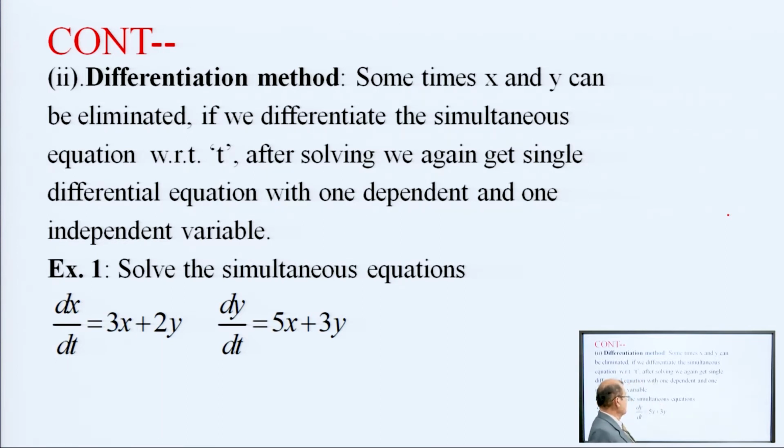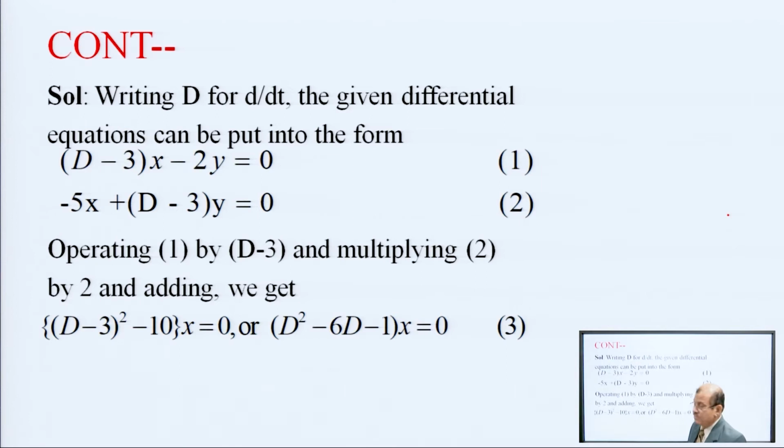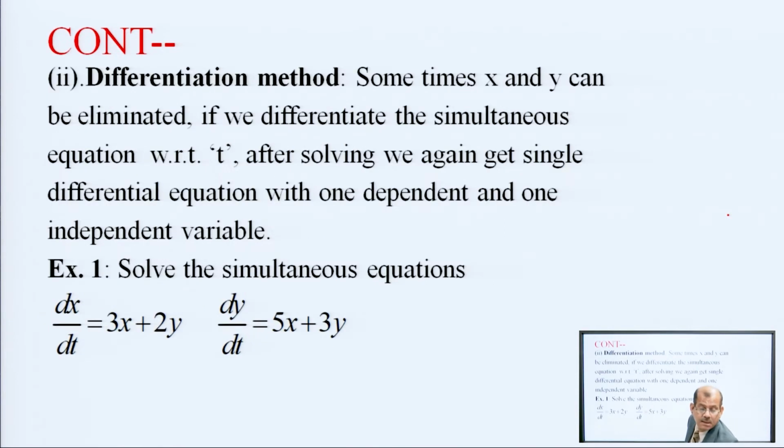Solve the simultaneous equations dx by dt is equal to 3x plus 2y and dy by dt is equal to 5x plus 3y. Here d by dt, we have to follow the differentiation method,